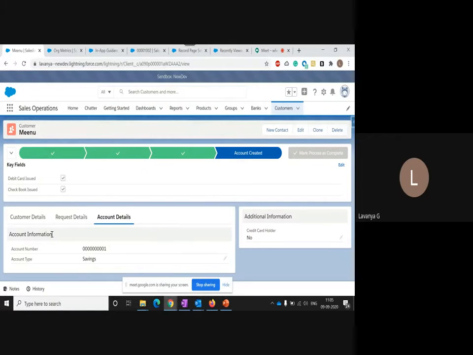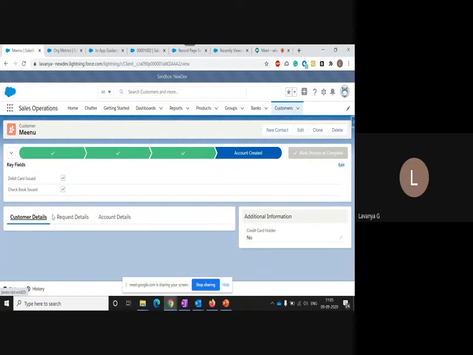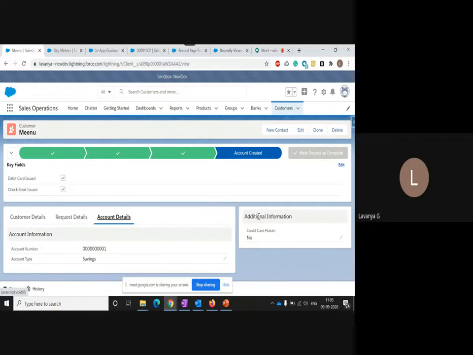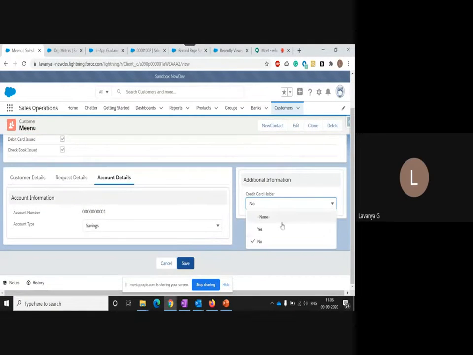Right now you are able to see all the account details and field information. This section is opened up, and the key fields also changed. This is the one, and this information is also opened up. If you go back and check, you are not allowed to see these two sections. And there is one more additional section also available.